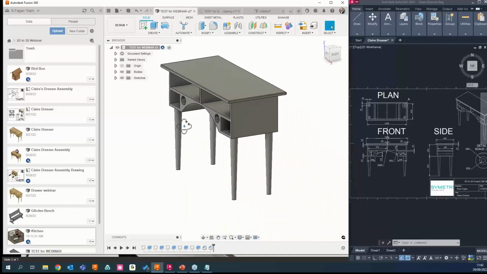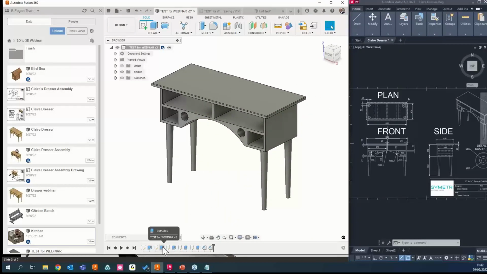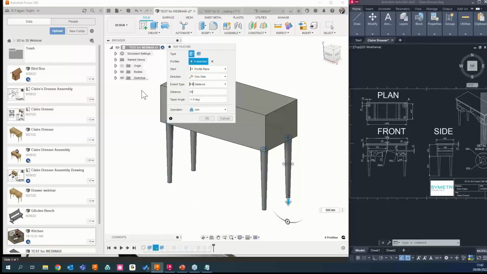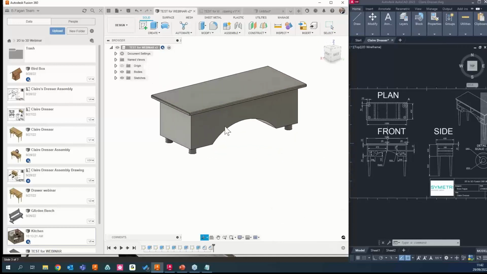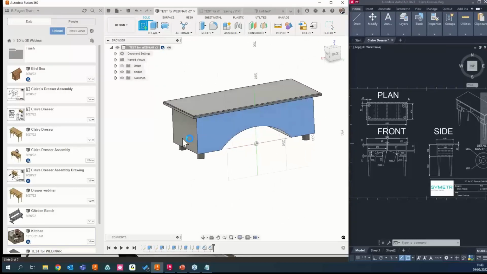If we wanted to shorten them legs, let's just say that this wasn't a locker, we look for the legs, I'll extrude the feature and we'll go with 50mm. And just say this is a TV stand. Every TV stand needs